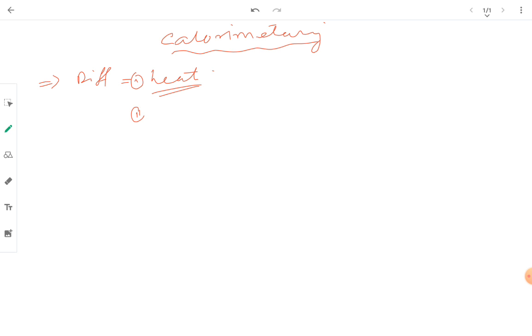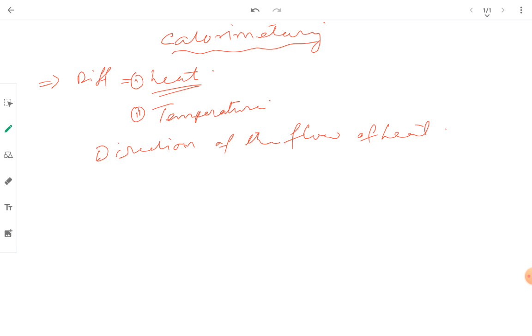Now after that we'll be discussing the definition of temperature, and we will see the direction of the flow of heat. And after that we will be looking at the unit of heat energy,